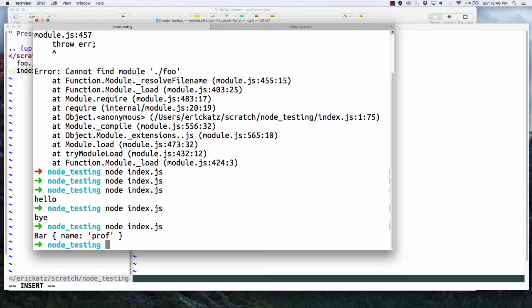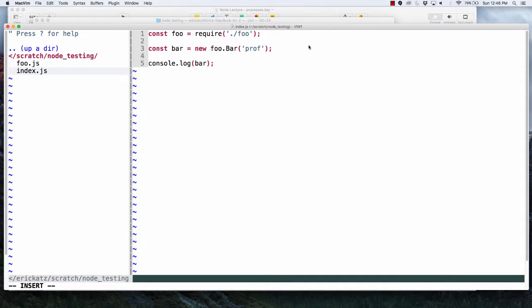But there's also a bunch of different modules that are part of the Node ecosystem that are already there. Now, we could install other modules as well. It's fairly limited in terms of what's part of the Node ecosystem, but Node has the ability to do some interesting I/O work. So one of the things that Node could do, this is always kind of cool. What we're going to do here is, let's get rid of this. And I'm going to bring in a const, and this is going to be